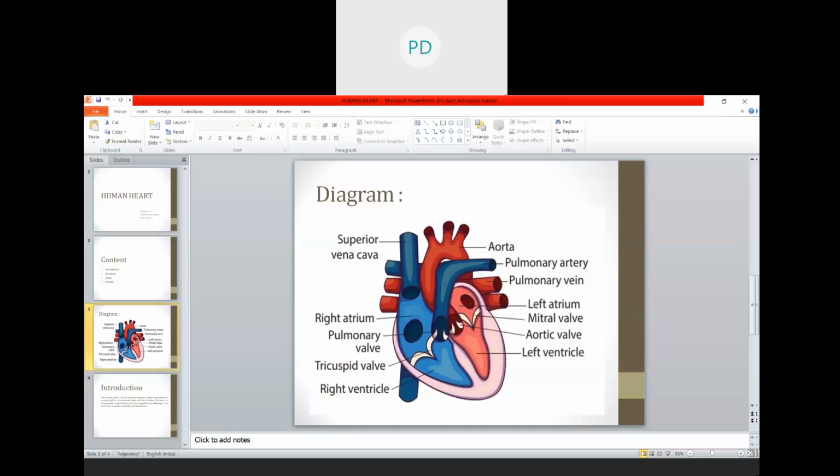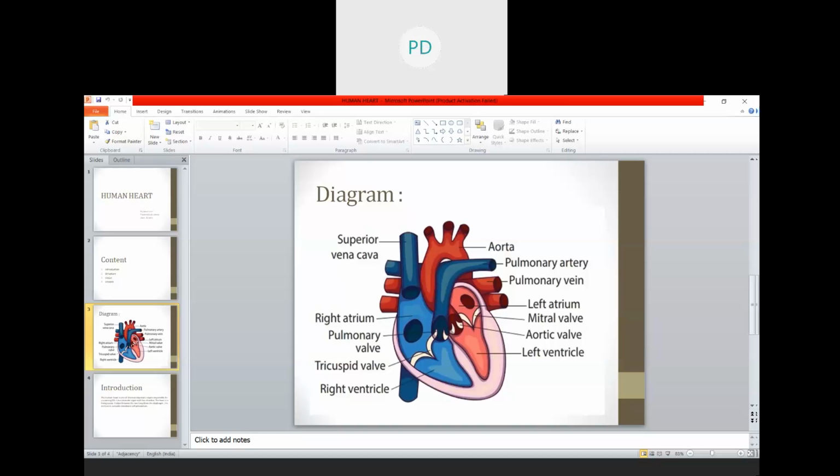Superior and inferior vena cava bring deoxygenated blood to the right atrium, pulmonary vein brings oxygenated blood from the lungs to the left atrium. Pulmonary artery receives deoxygenated blood from the right ventricle. Aorta carries oxygenated blood from the left ventricle. Okay, now